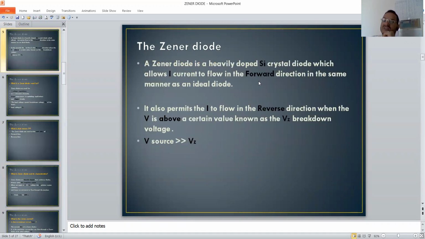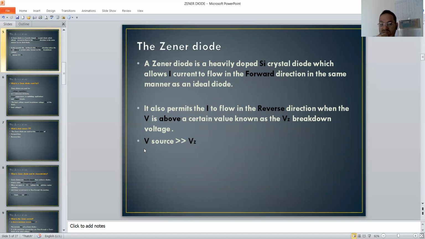A Zener diode is a heavily doped silicon crystal diode, like I said before, which allows current to flow in the forward direction in the same manner as an ideal diode. That means like an ordinary diode. But in reverse bias, we will see some difference. It also permits the current to flow in the reverse direction, but when the voltage is above a certain value known as the breakdown voltage,